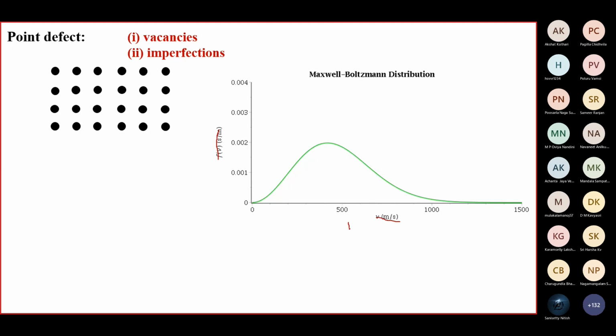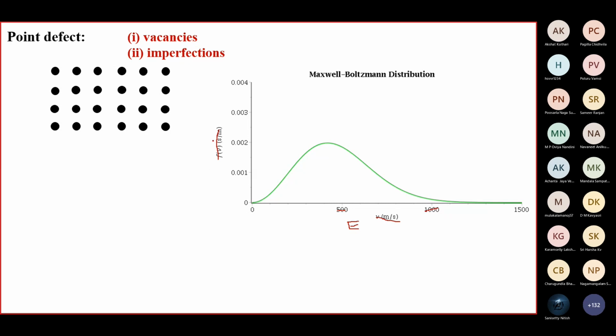This is the energy possessed by the atoms. These are the atoms. Not all atoms have the same energy. They need not have to. So the energy of these atoms in a crystal lattice is distributed like this. Don't worry about these numbers. Just say energy is minimum, then energy increases to maximum, then decreases.